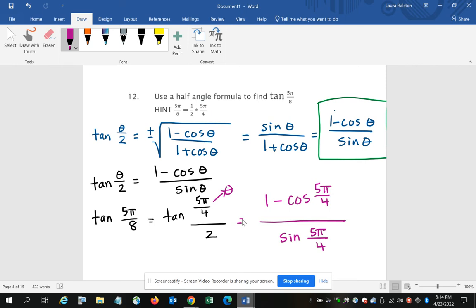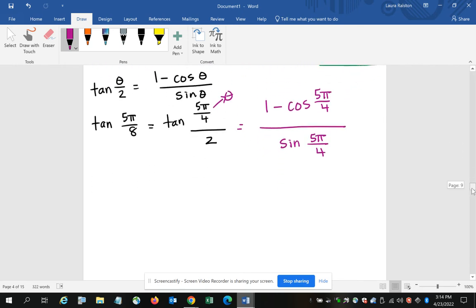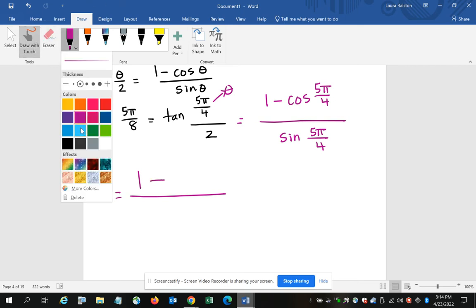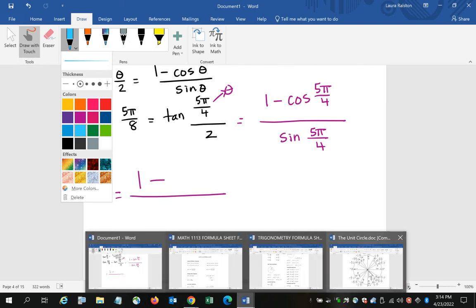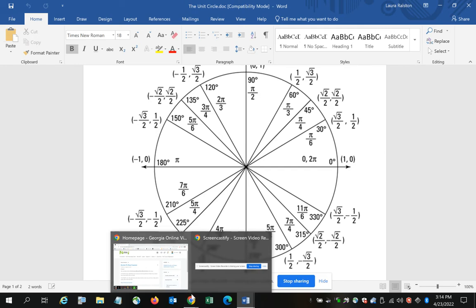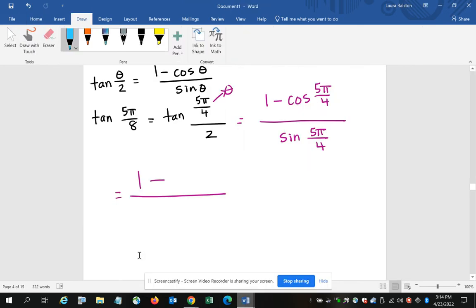And again, those values for cosine and sine are going to come from your unit circle. So let's see. 1 minus, and I'm going to go over to my unit circle and find 5 pi fourths. See, 5 pi fourths. The cosine is negative square root 2 over 2, and the sine is also negative square root 2 over 2. So I would have minus